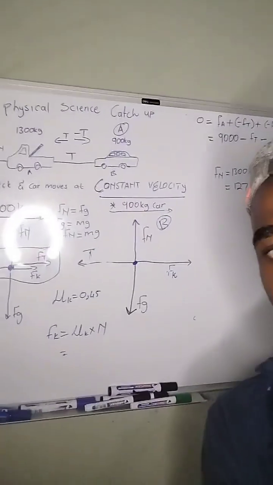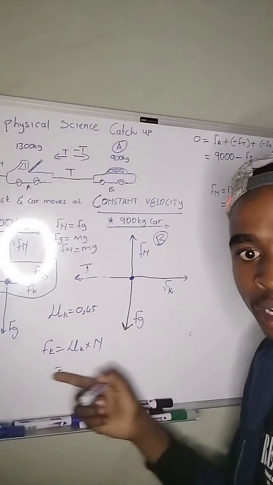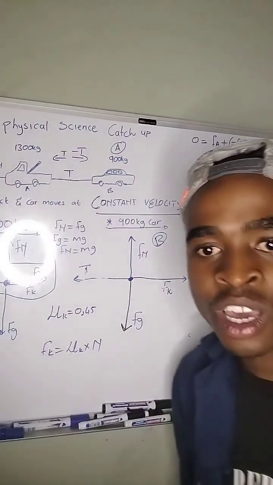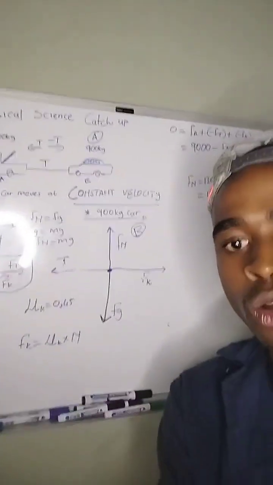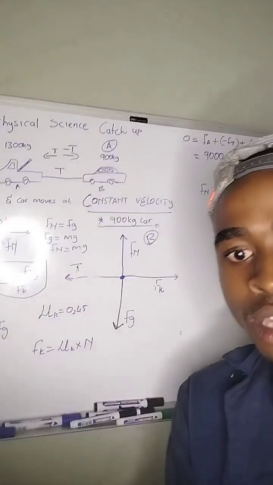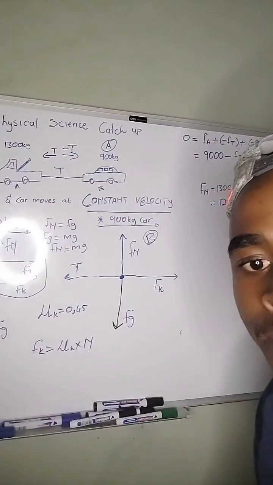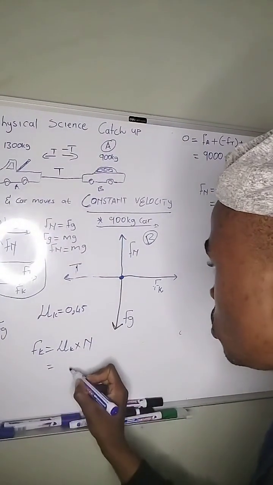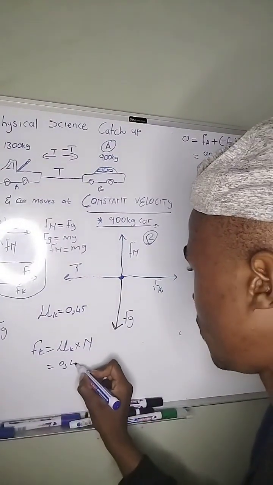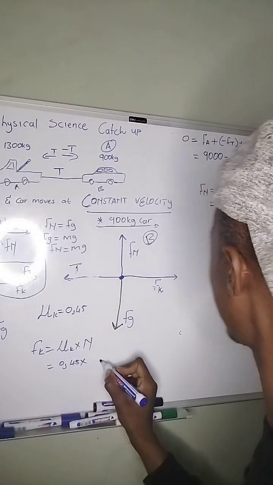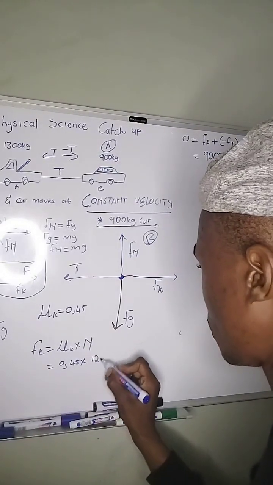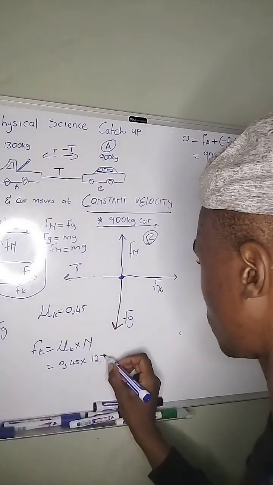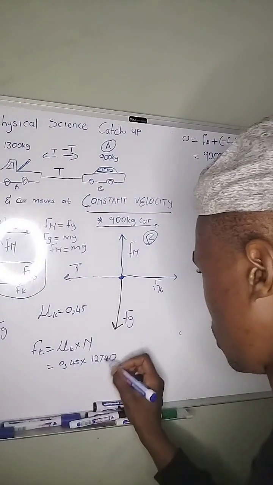We are going to use this formula. It's going to be μk, the coefficient of the friction, multiplied by the normal. The coefficient of the friction is going to be 0.45 multiplied by 12,740, and